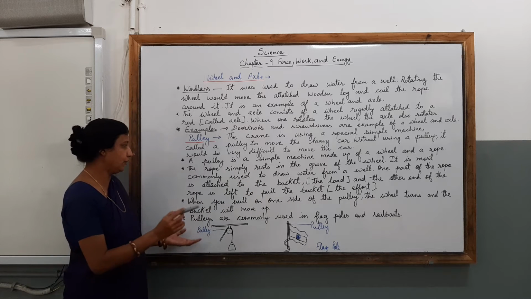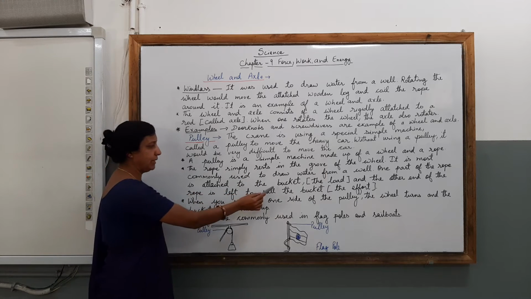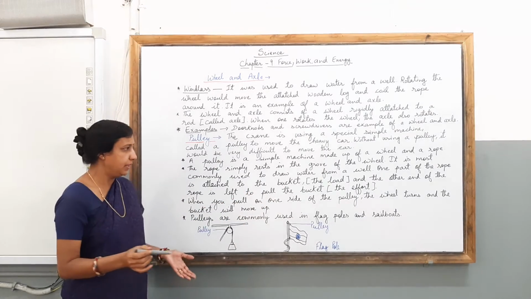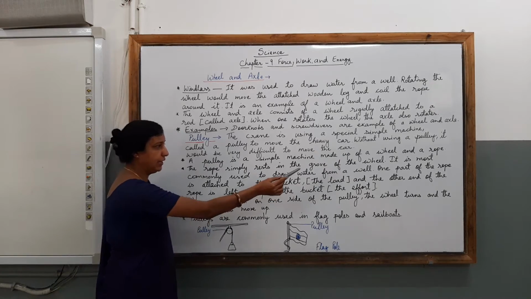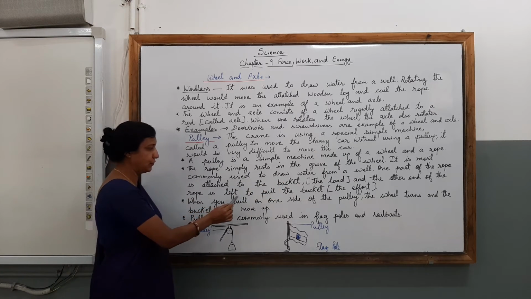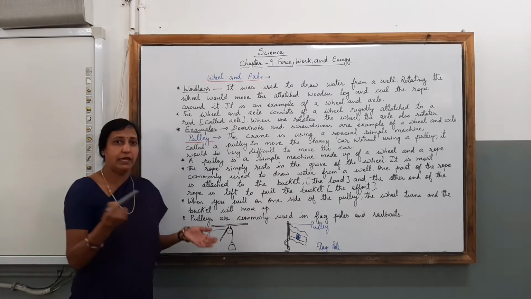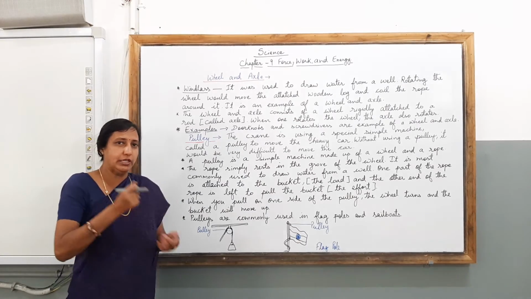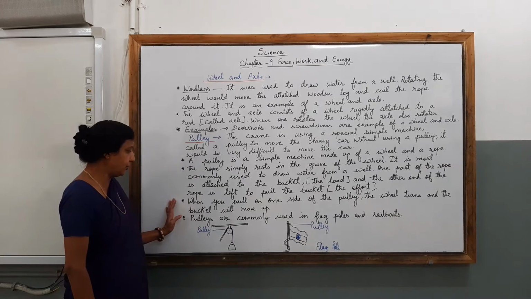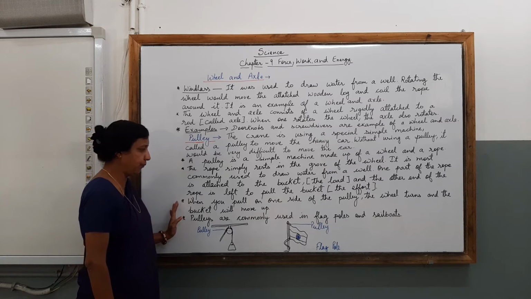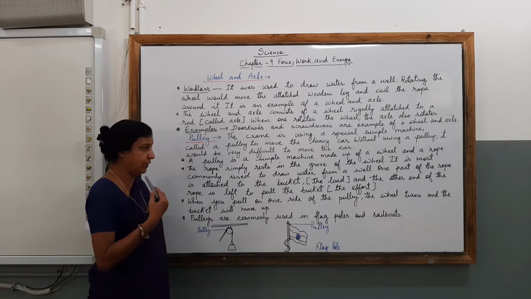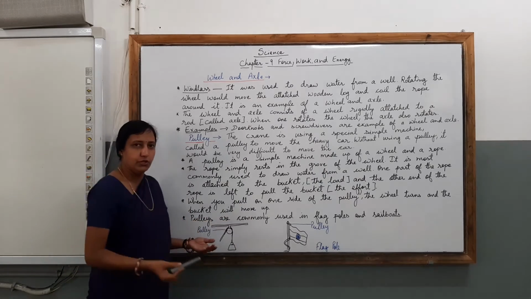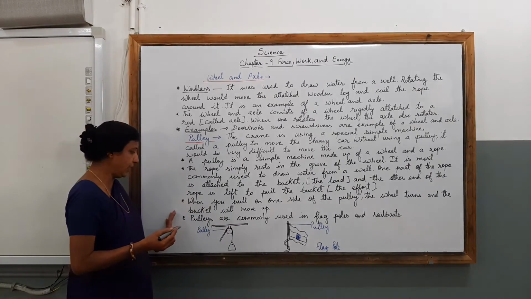And one part of the rope is attached to the bucket. And the bucket can be the load. And children, the other end of the rope is left to pull the bucket. And the bucket is lifting, and that can be the effort when you are pulling the bucket, right? So you can say, children, when you pull on one side of the pulley, the wheel turns and the bucket will move up. So this is how it is working in the well.